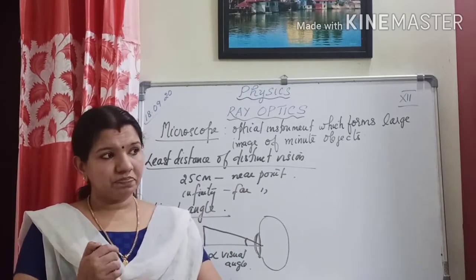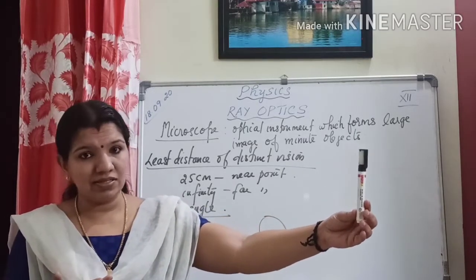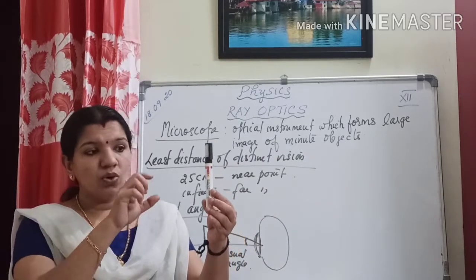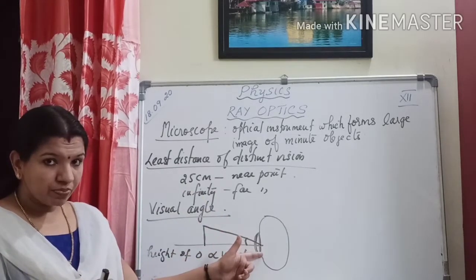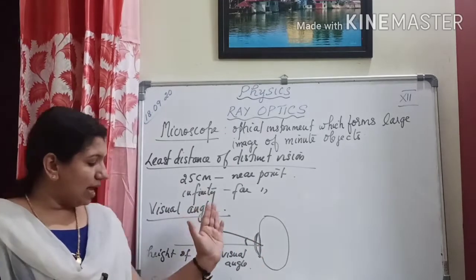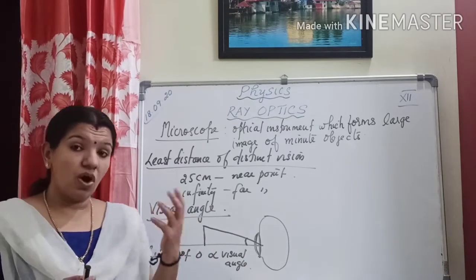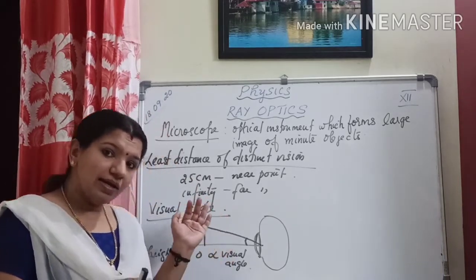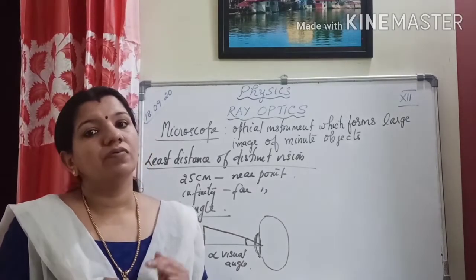You are familiar that if you move an object to a long distance, the letters may not be clear, isn't it? As you come nearer and nearer, you can see it clearly. As you come nearer, close to the eye, the angle will be more, and so the size will be more. So magnification is high. As it moves away from the eye, the size decreases, or the magnification is less. So maximum magnification is close to the eye, and as you go away from the eye, the magnification becomes less. So it is purely based on the visual angle.